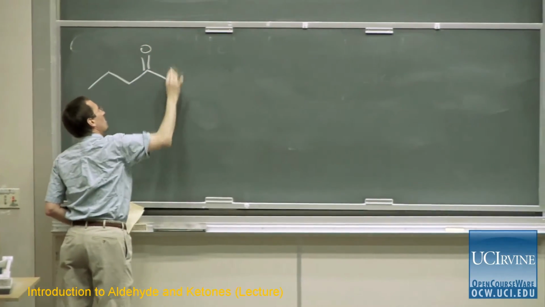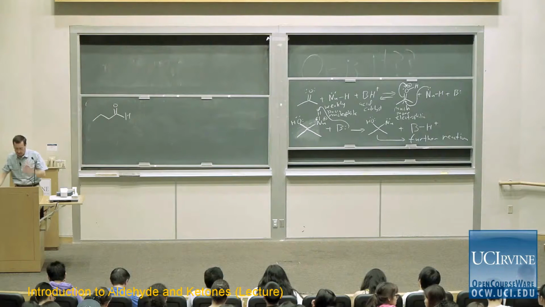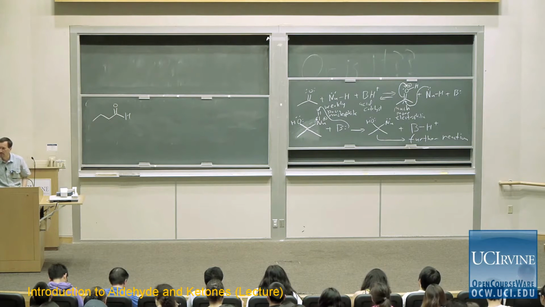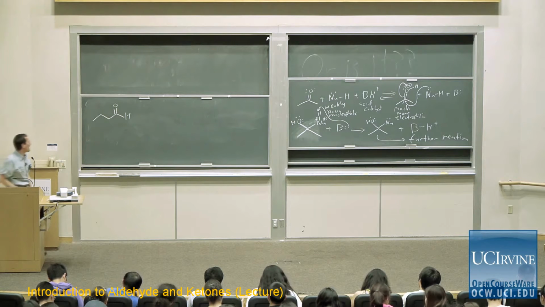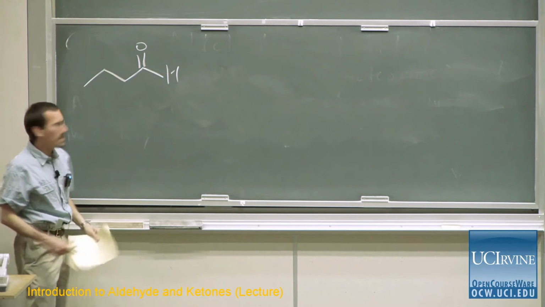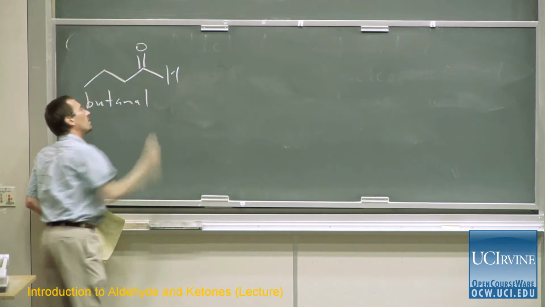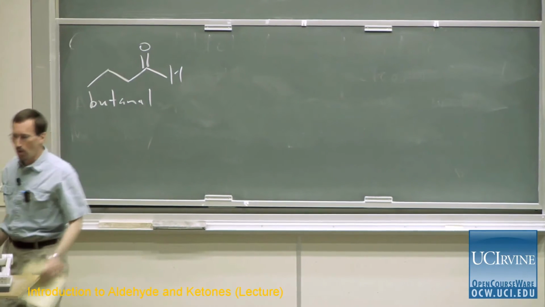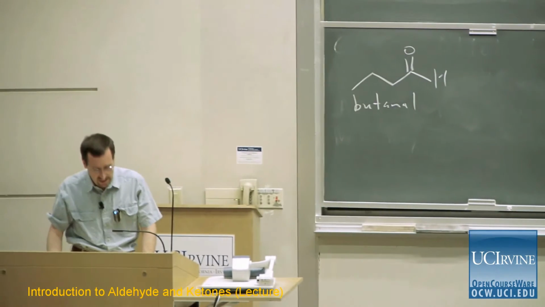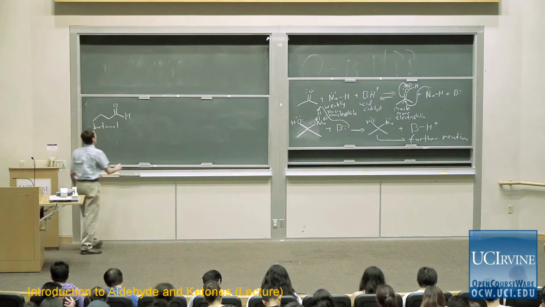pretty easy for you. You can recognize the idea of identifying a principal chain. A 4-carbon chain, for example, in this compound tells us that's a derivative of butane. And so to name it, we just call it butanal. The aldehyde can only be at the end of a chain, so we don't need to put any number to it. On the other hand, if we have a ketone,